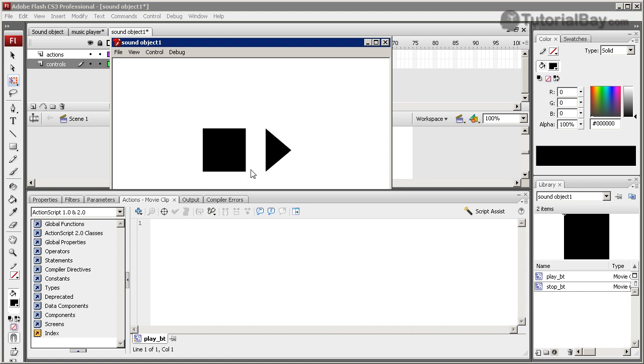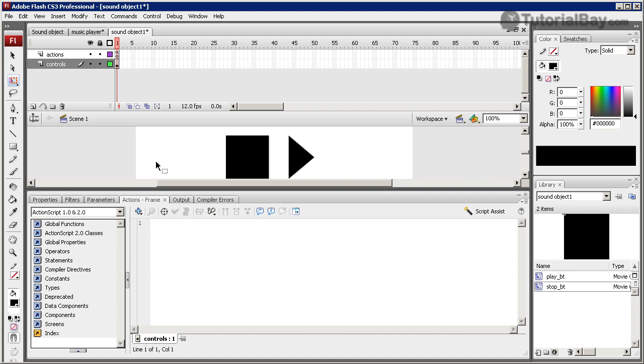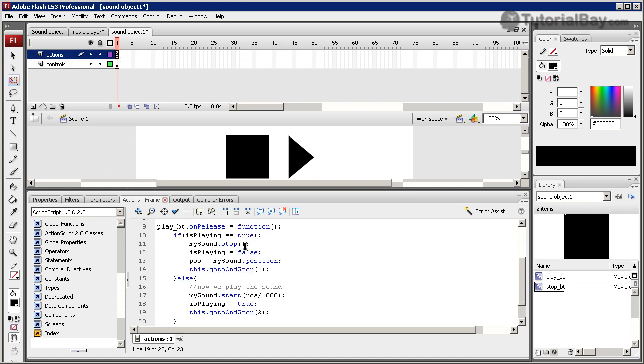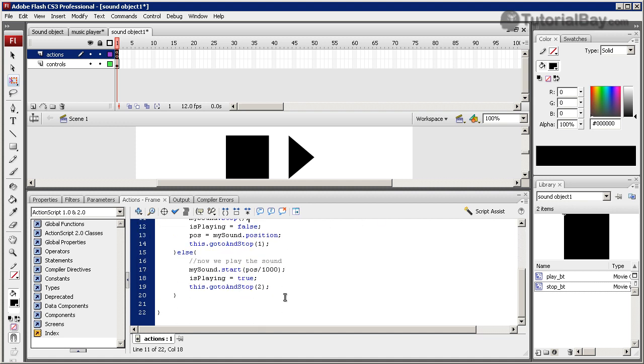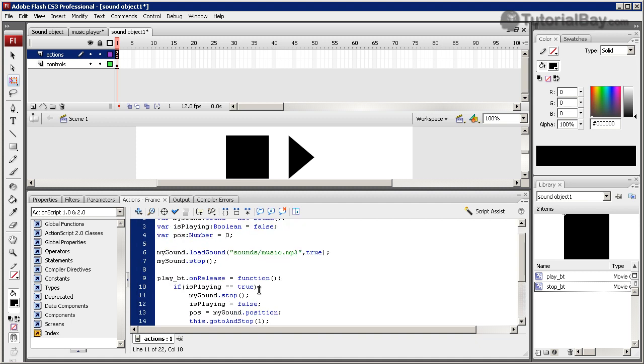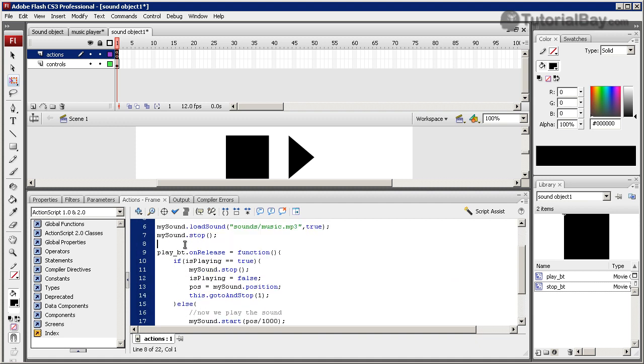Alright, it's working. So we need to do one more thing. We need the stop button to start working because it's not working. So how to write it? Well, we need another piece of code, and this is how we do it, bit by bit. We just keep on going until we get the functionality that we want from our piece of Flash. That makes sense, what I said? Never mind. Go to, just type in stop BT